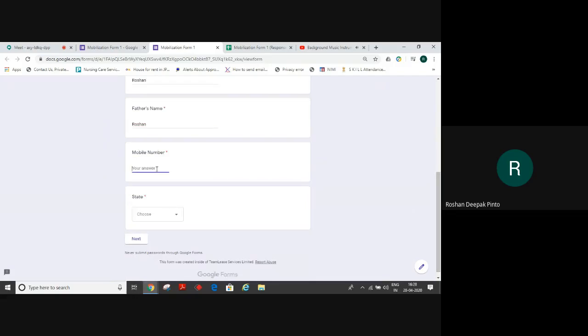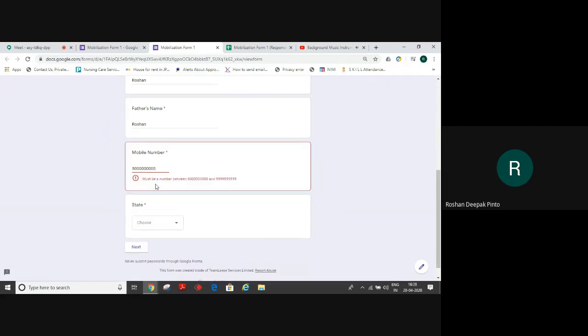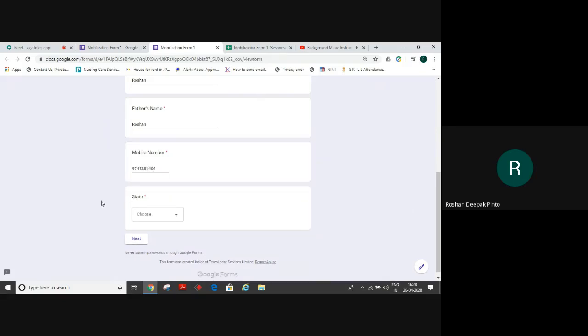So here you see the magic. If I type something starting with 5, and even if I do 10 times 0 and go to the next, it will show must be a number between the number that we had set in the previous session. So I will put a number. So this number is a valid phone number, then it will accept it.